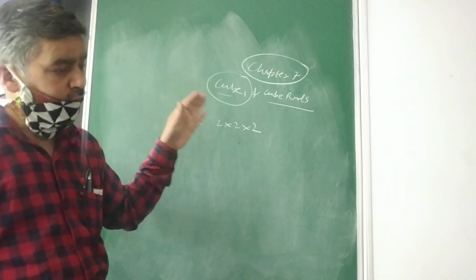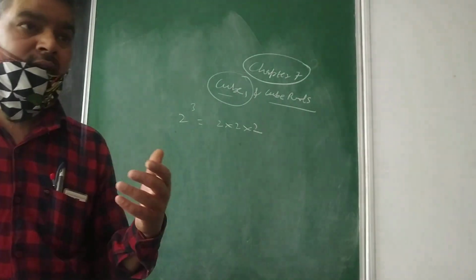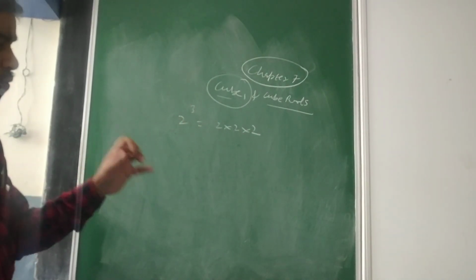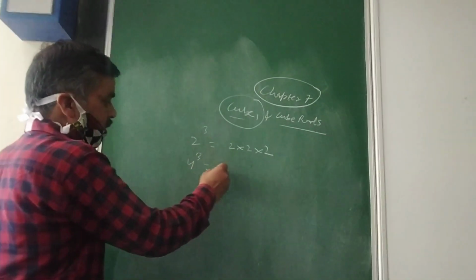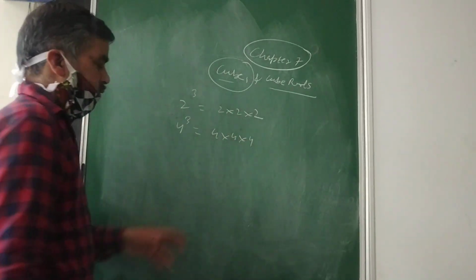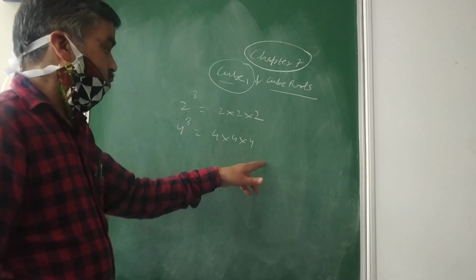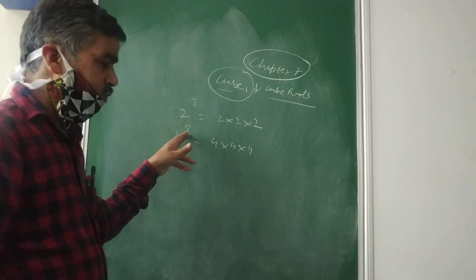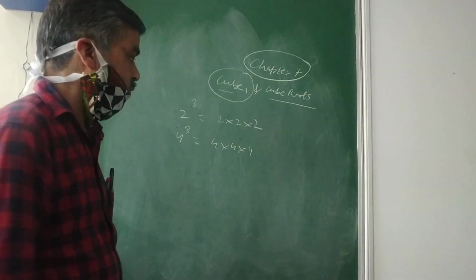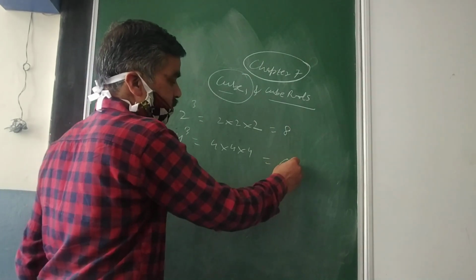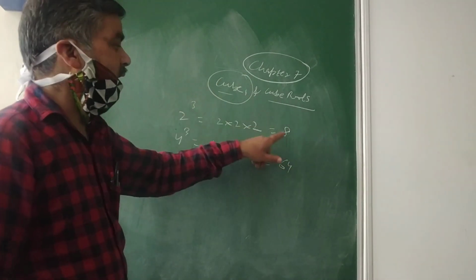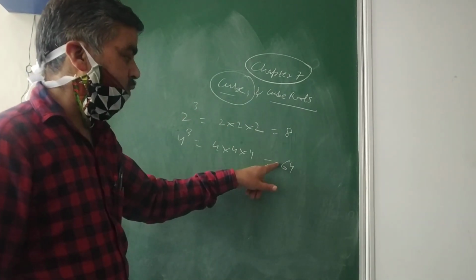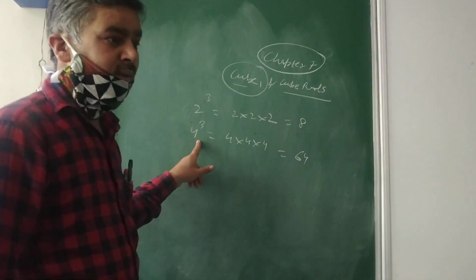Like if you multiply 4 three times, 4 4s are 16, 4 16s are 64. So cube of 4 is 64, and in reverse order, cube root of 64 is 4, that is 4 into 4 into 4. So it means 64 is a perfect cube. So cube root of 64 is 4, the number of which it is the cube. That is, 4 to the power 3 will give you 64. Here it is giving you 8, here it is giving you 64. So cube of 2 is 8, so cube root of 8 is 2. Cube of 4 is 64, so cube root of 64 is 4.